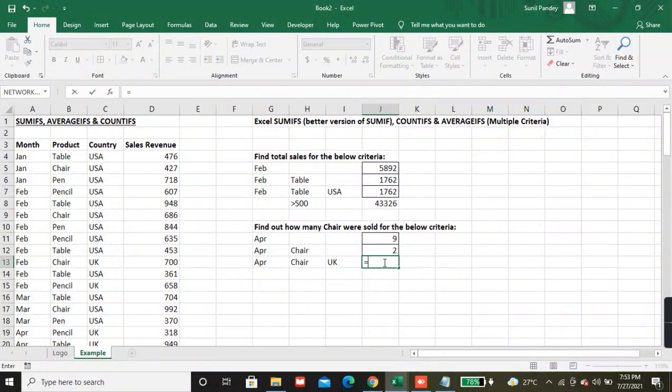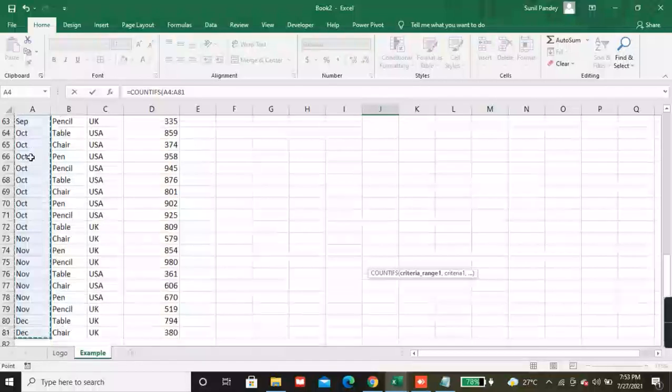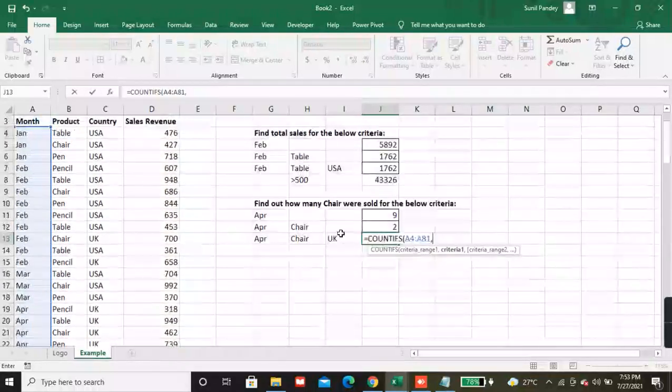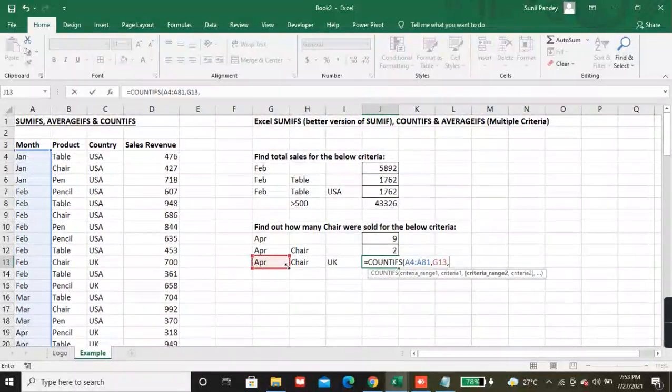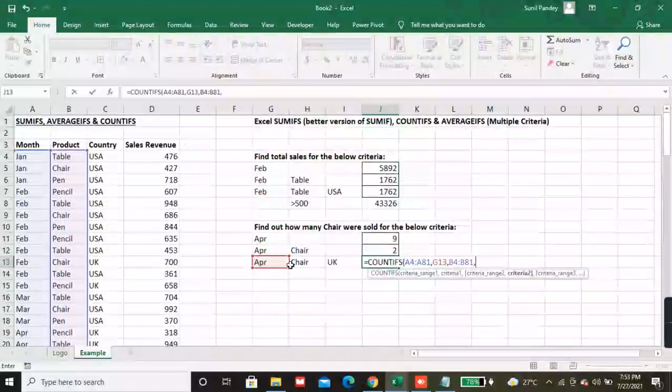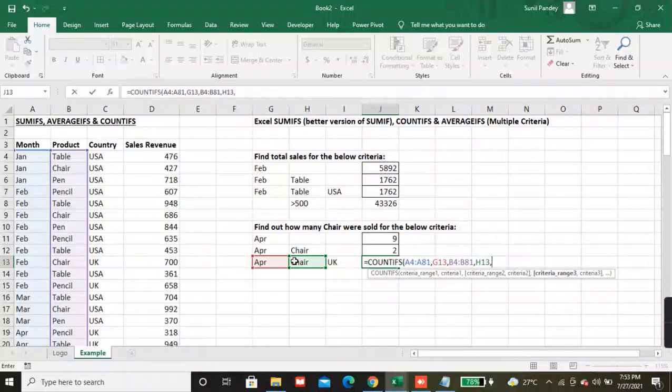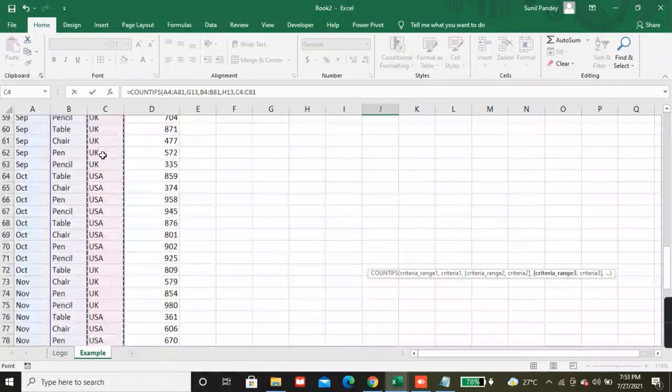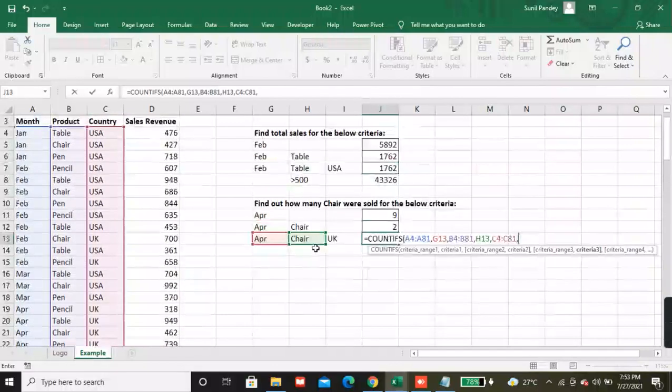Now see, the COUNTIFS function with three criteria. COUNTIFS, criteria range first, and now criteria range 2, and criteria range 3, and criteria.